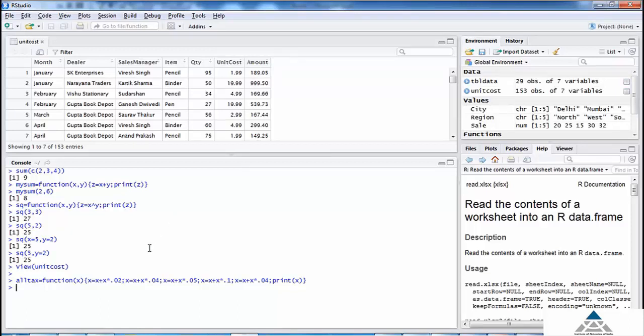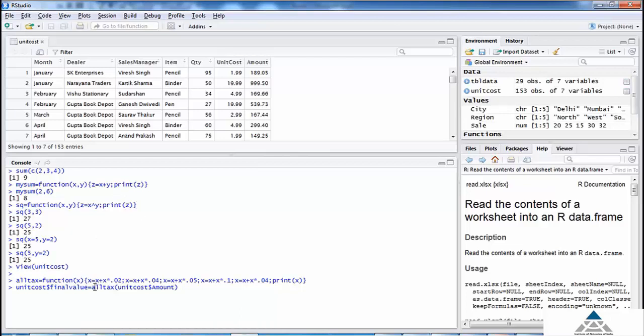To create a new column, write unit cost dollar final value equal to AllTax. Within the brackets, we will specify where we wish to perform this command. Unit cost dollar amount. We are aware that the dollar symbol can be used to find a particular variable within the data set specified.